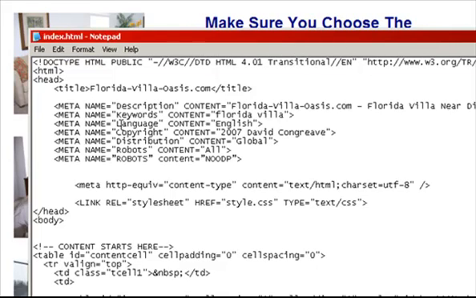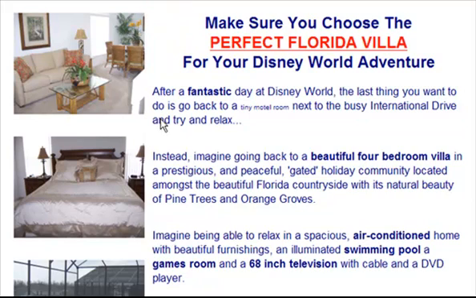Okay, so you've got the decision out the way whether or not to have the name of your domain in the title tag, but then what are you going to do with the rest of the space? At this stage there are only two elements that really matter. The first one is that the title tag should accurately describe what the web page is about, because if it doesn't, then there'll be a discrepancy between the content on the page, what you've got here, and the words in